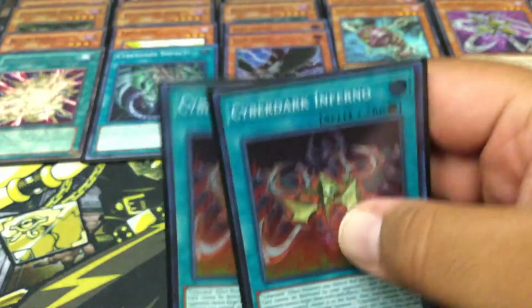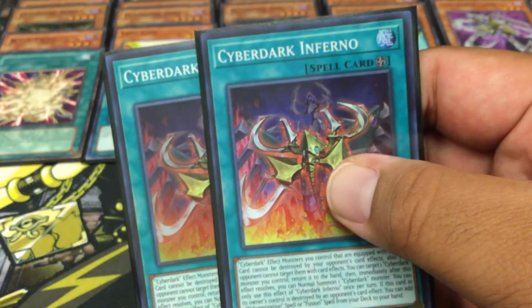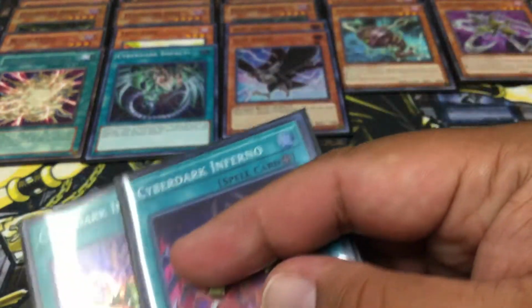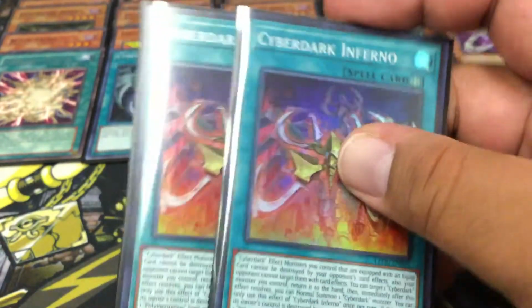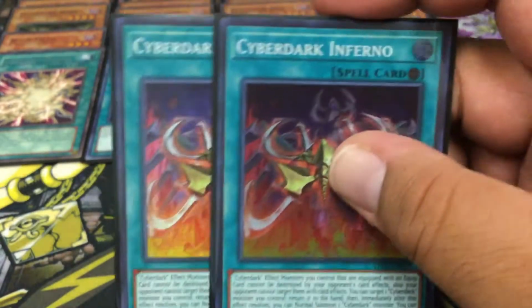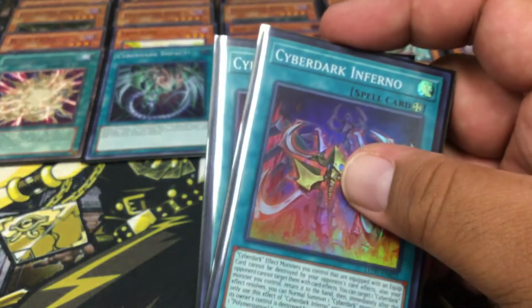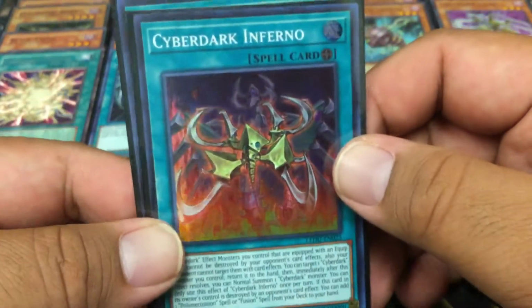Cyberdark Inferno. Just 2 copies. I was running 3 for the longest, but I just took one out because although I do like pitching Claw to send it to the graveyard and getting this, I just feel like 3 is a brick. You don't really need the third one. Mostly, I found myself never needing it. But I couldn't go down to 1 because if 1 somehow got destroyed, then that's going to be a bad time